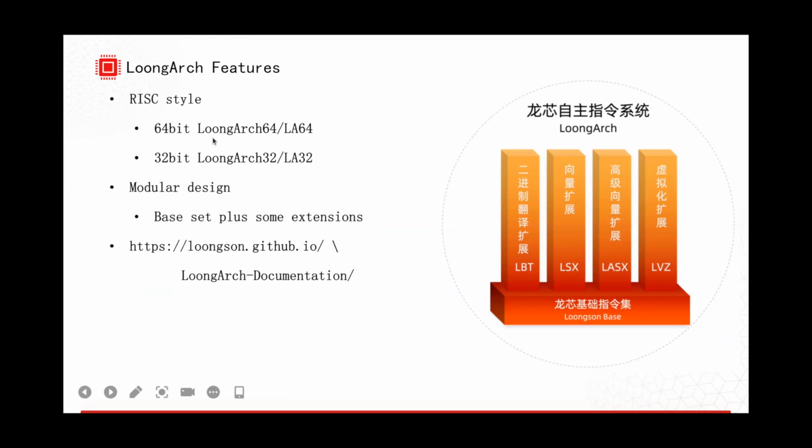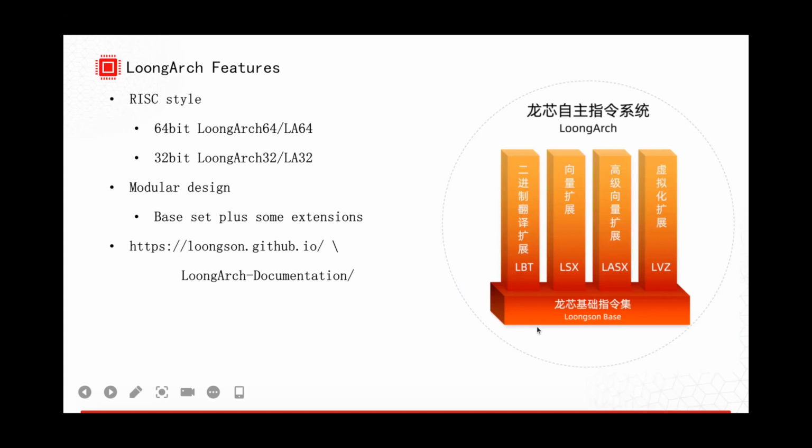LoongArch, let me talk about its features. It's a RISC-style instruction set. We have 64 bits, LoongArch 64, and we also have 32 bits. And it's a modular design.